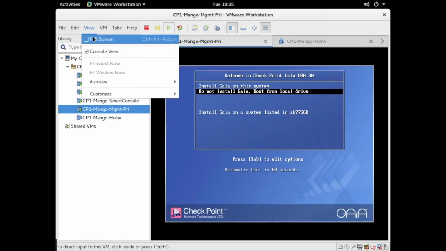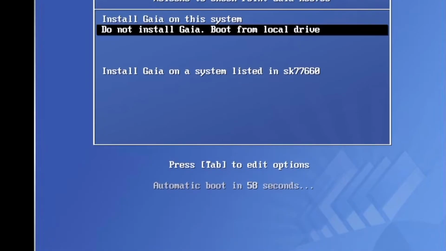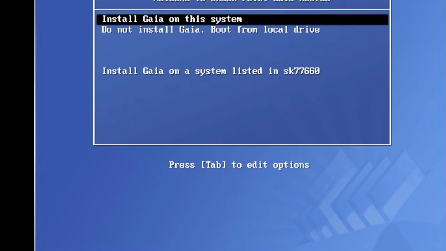When I start the guest OS, because no OS is installed on the system, it goes to the CD-ROM drive, where this ISO image is. It boots from the CD-ROM drive and asks whether I want to install Gaia on this system. I say yes, I press enter.